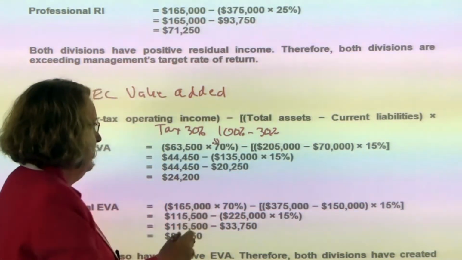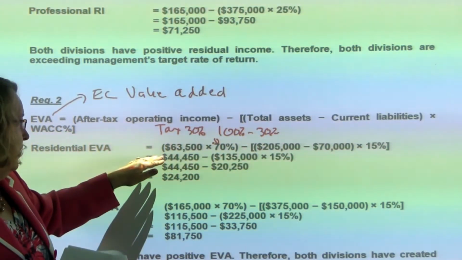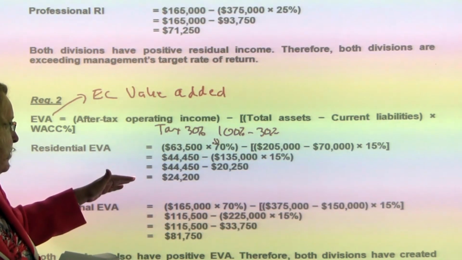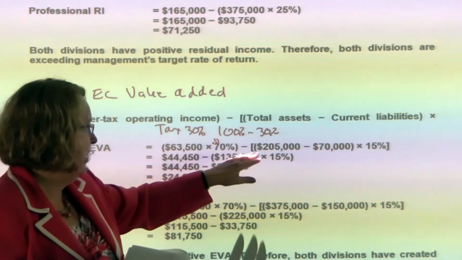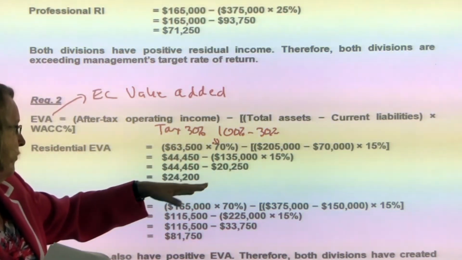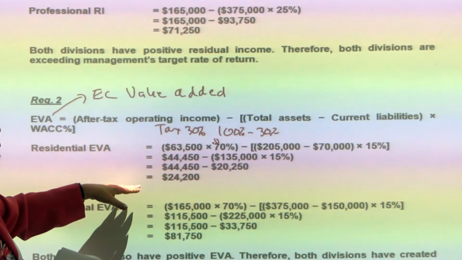So 70% of your income is now available because you had to pay taxes equal to 30%, and then the assets minus current liabilities times your weighted average cost of capital of 15%. And that works out to be economic value added of